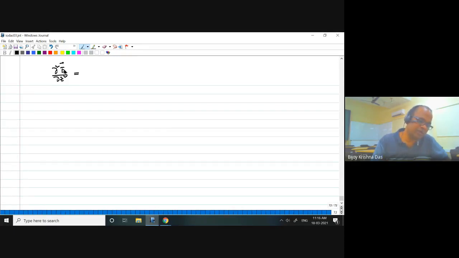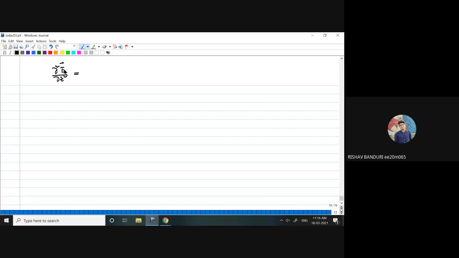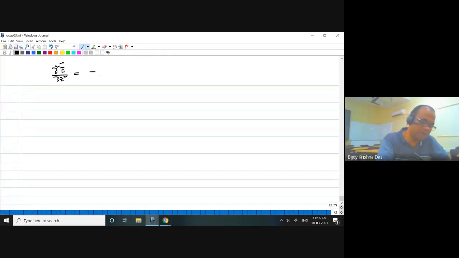Okay. So if I just make a derivative, what are we supposed to get? Anyone? Beta square. Yeah. So it will be minus beta square, right? Yes, sir. Minus beta square E. Of course, you should always keep in mind that this E will be a function of x, y, with xy dependencies, z dependencies e to the power minus beta z, and time dependencies. So I am doing just a partial derivative. That means the operator's eigenvalue is minus beta square, right?